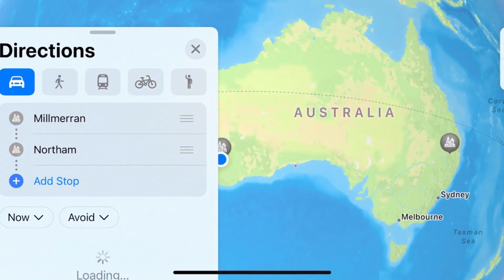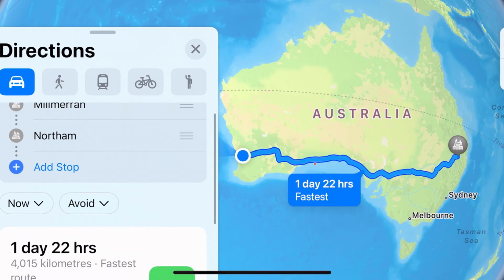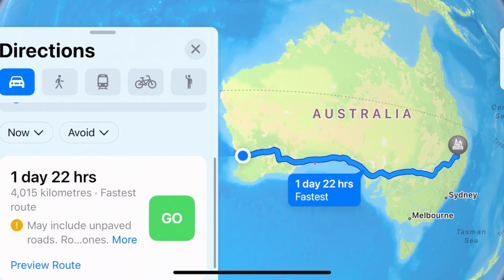The drive from Millmerran to my home here in WA is just over 4,000 kilometres. It's from one side of Australia to the other. It is a big drive. If I did 1,000 kilometres a day, it'd take me 4 days, and I don't think I'm going to get 1,000 kilometres a day. I'll probably be more like 800 k's a day, so I'm shooting for 5 days, but